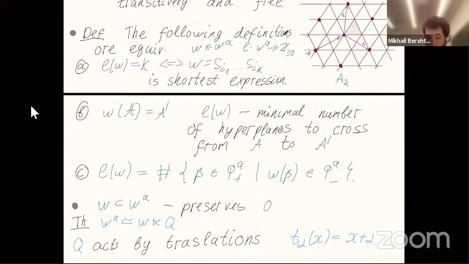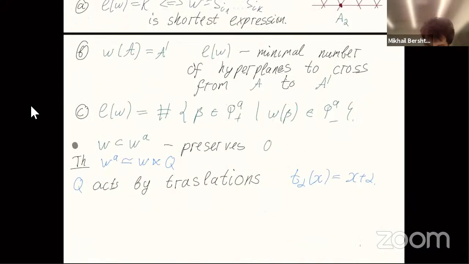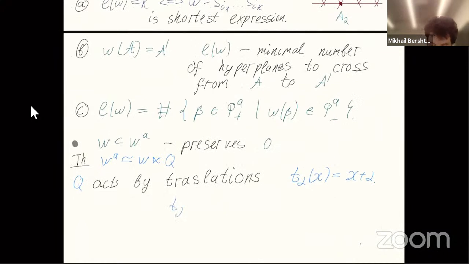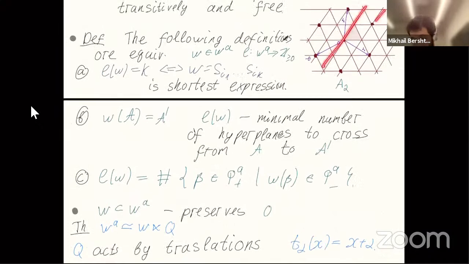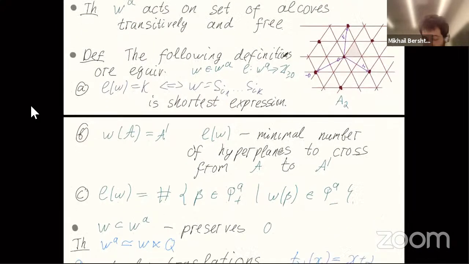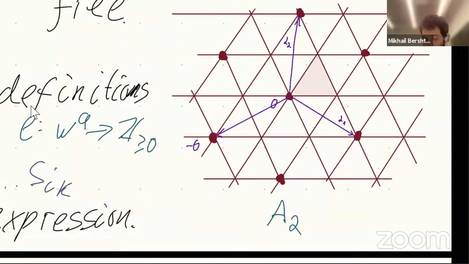It remains to show that any translation with respect to a root can be achieved, but this is clear because T_alpha is a composition of reflections with respect to alpha_1 and alpha_0. If I take two parallel lines, then the composition of the corresponding reflections will be a translation with respect to alpha. So in this picture, it is quite visible. I take the composition of these two reflections. If I take some element and move it here and put it here, it will be a translation by the vector which is twice the distance between these two lines. And this is precisely alpha_1.